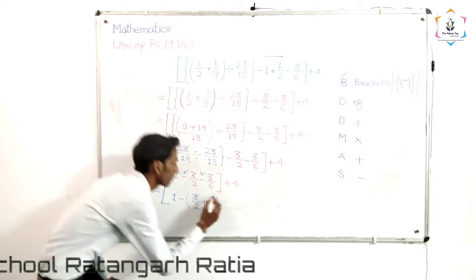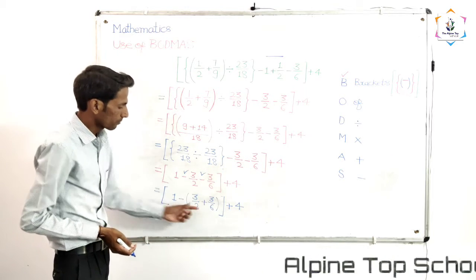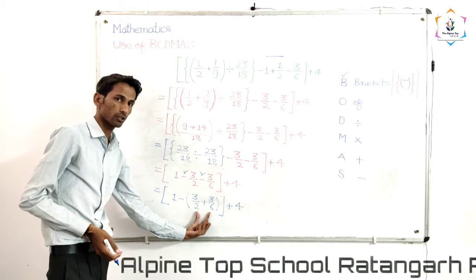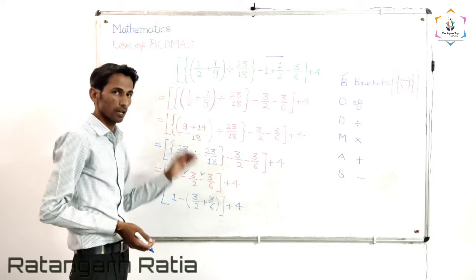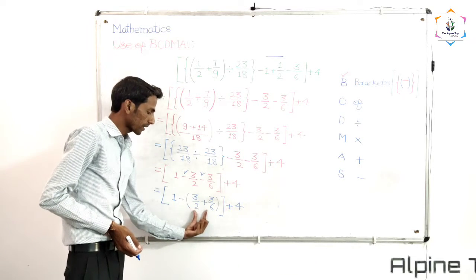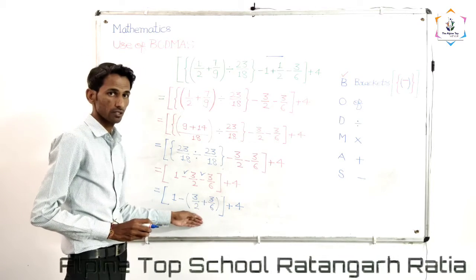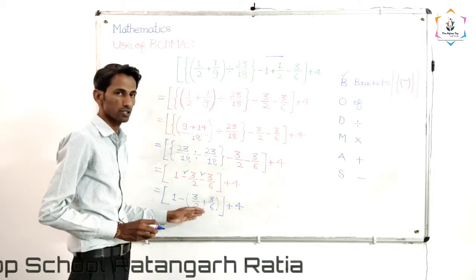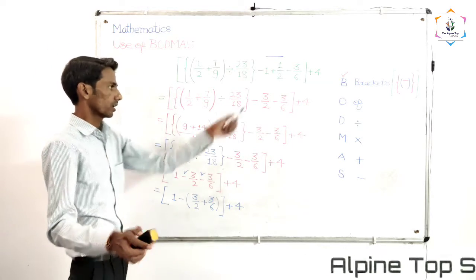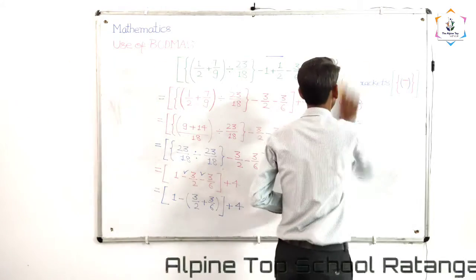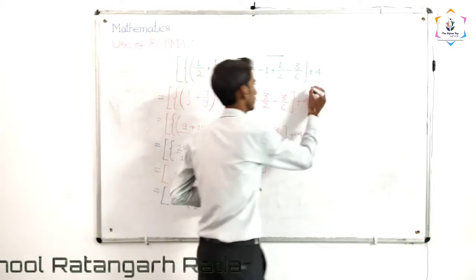Now dear student, we are observing that according to this system, firstly we have to solve these two numbers. This bracket is not in the statement. This bracket I am using to separate this particular portion so that I can add these two numbers, so that I will not get confused. That's why I am using this bracket. It is not in the statement. Now let's see how we can solve. The other portion I am going to erase so that I can show the solution to you. See now, dear student.